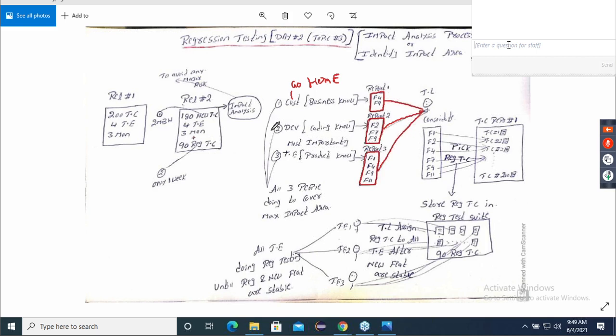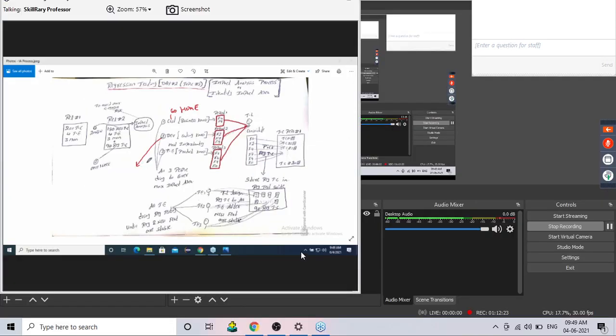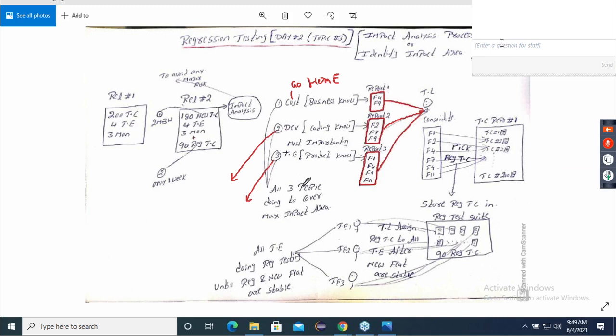After this report is handed over to the test lead, tell me, what will the developer do from now? Give me that answer first. The impact analysis report is ready and it is handed over to the test lead. What is the next job of a developer? Good. You should write code. For which features? Correct. Everyone is right. So they'll start coding. For which features? Good, Pooja Kumari. They start coding for the new features.